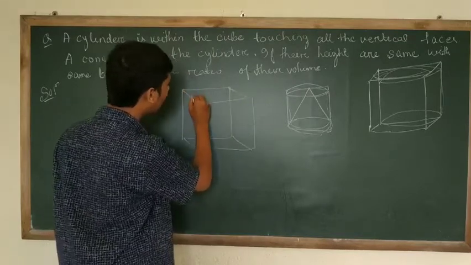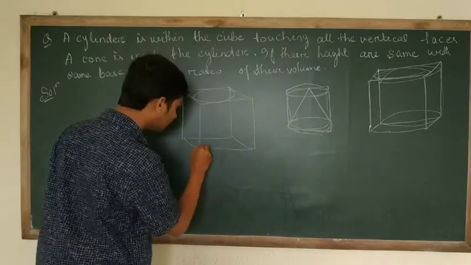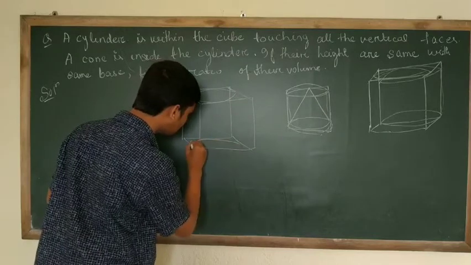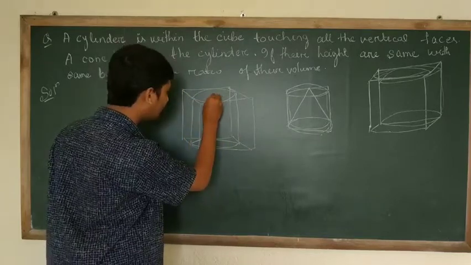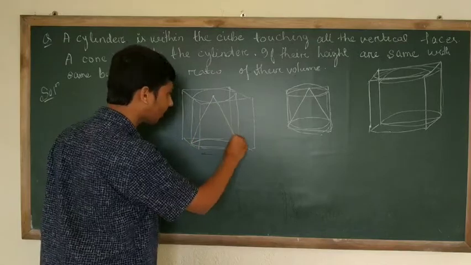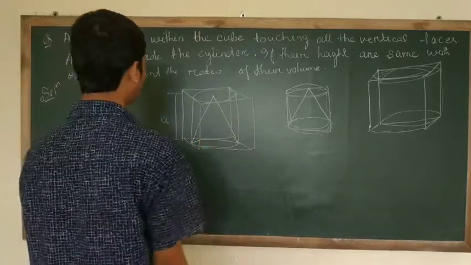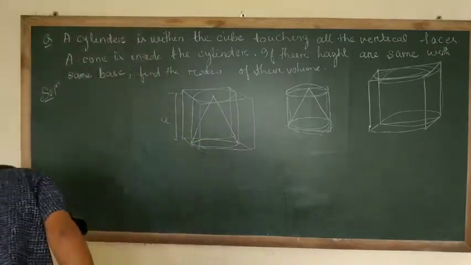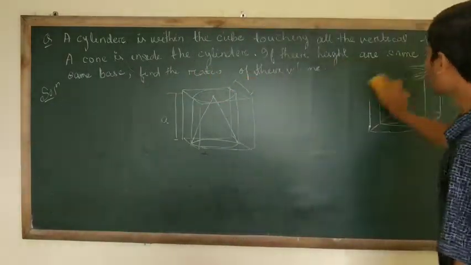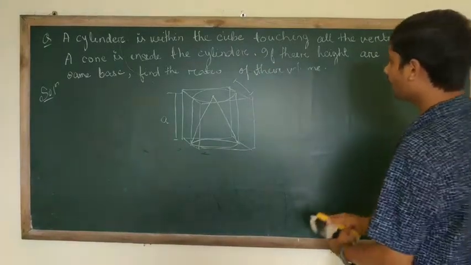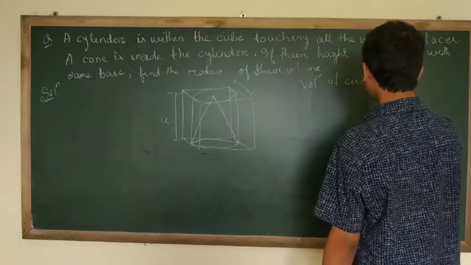See, this is the upper face. This is the lower face. And this will be your cylindrical face. And then the cone of the same height. Suppose the cube is of side a, with a and a all the length, breadth and height. Okay. So what will be our volume of cube? Volume of cube is going to be a cube.